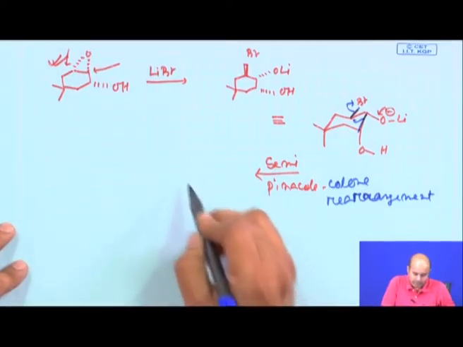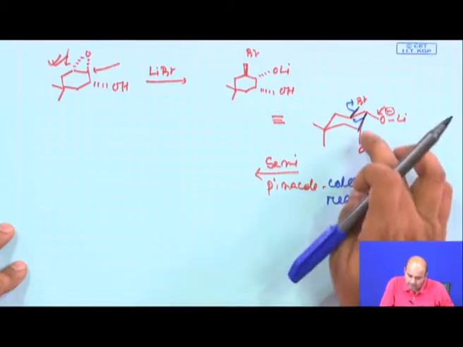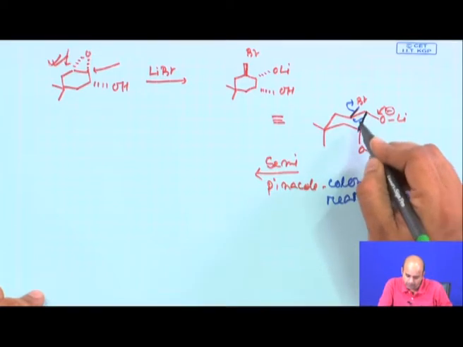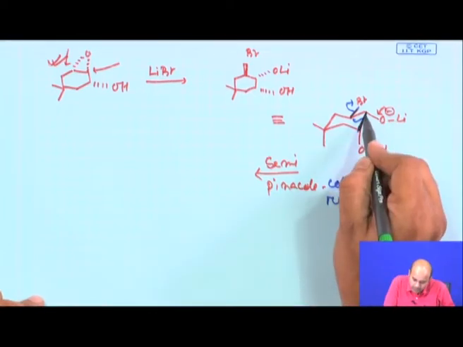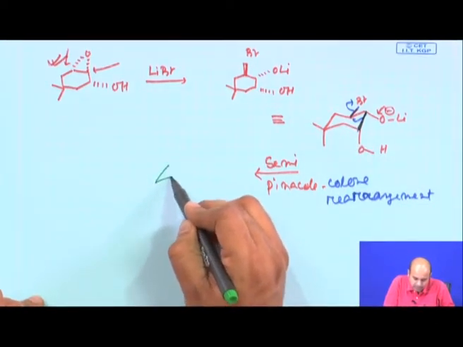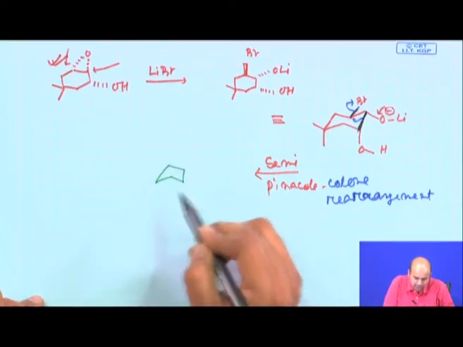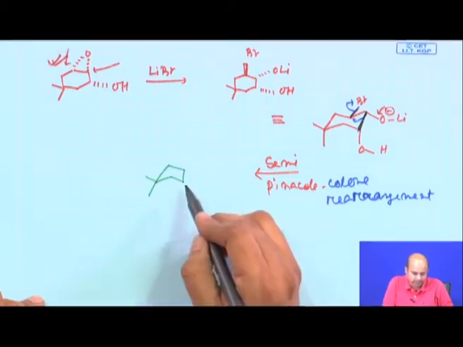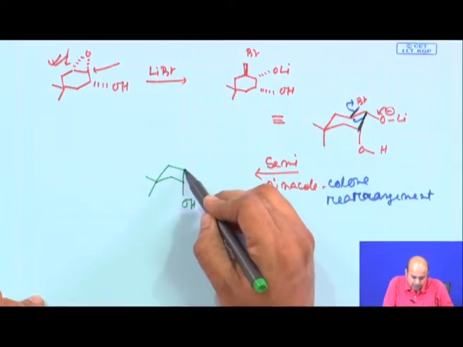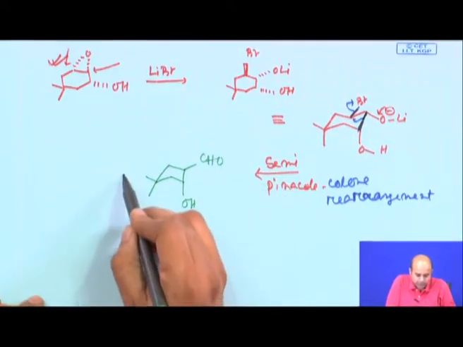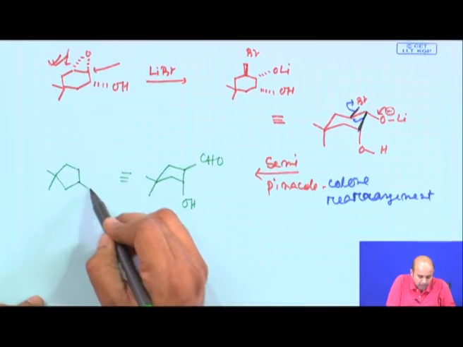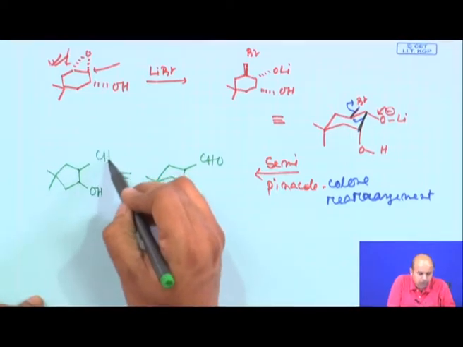So, once this reaction takes place, this green colored bond will migrate. So, it will open up and give you a 5 member ring. The 5 member ring, we will just write it in this way, you will get a 5 member ring, and here your OH, and on this part you have an extra carbon, that will give you a CHO. Which is nothing but this compound, OH and CHO.